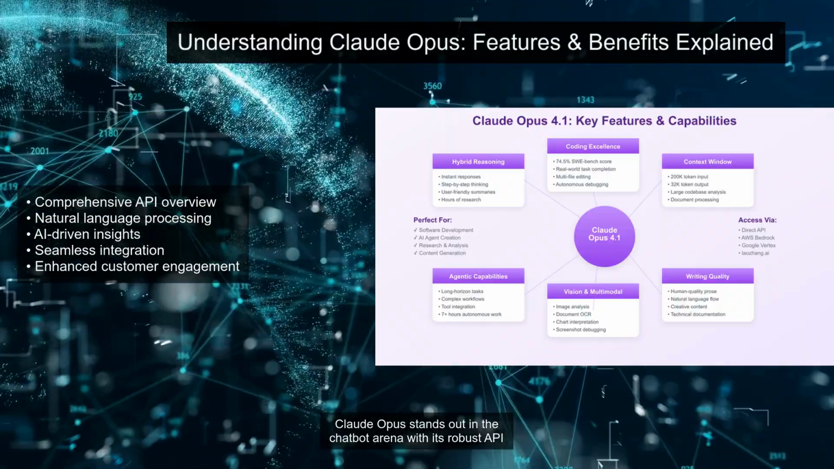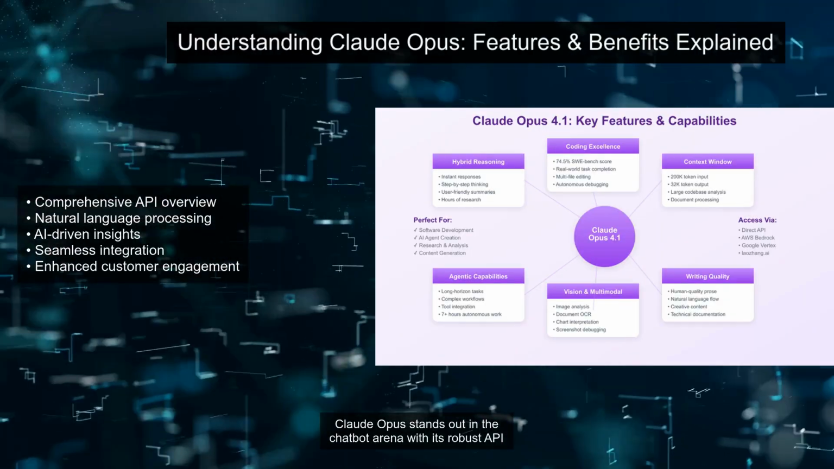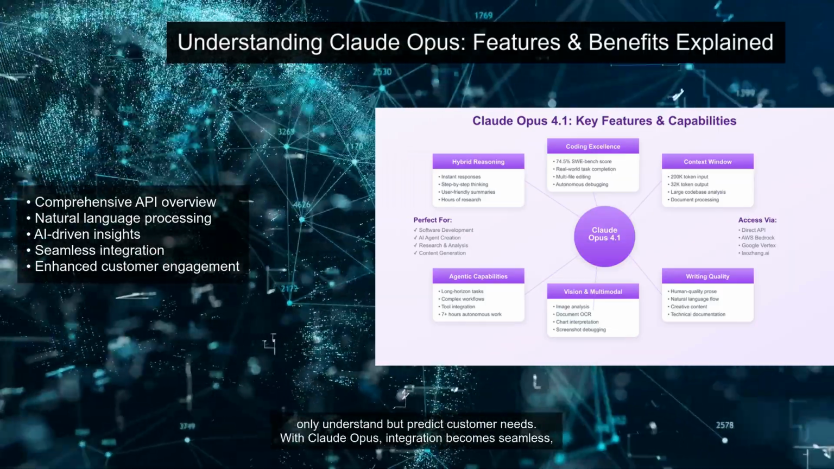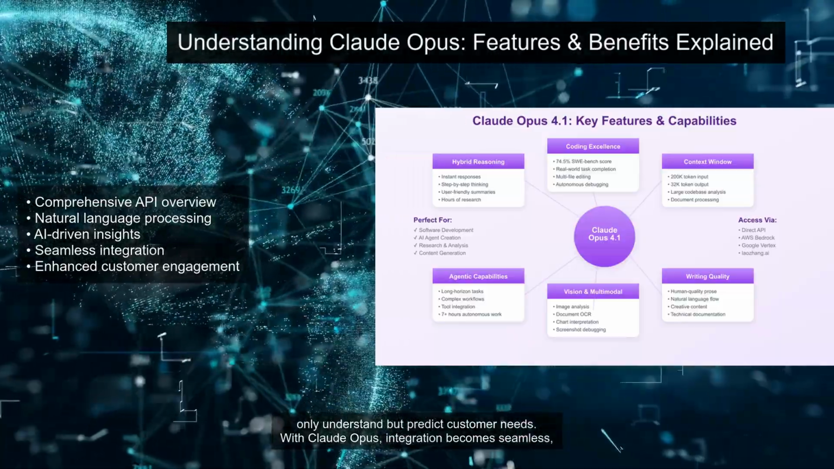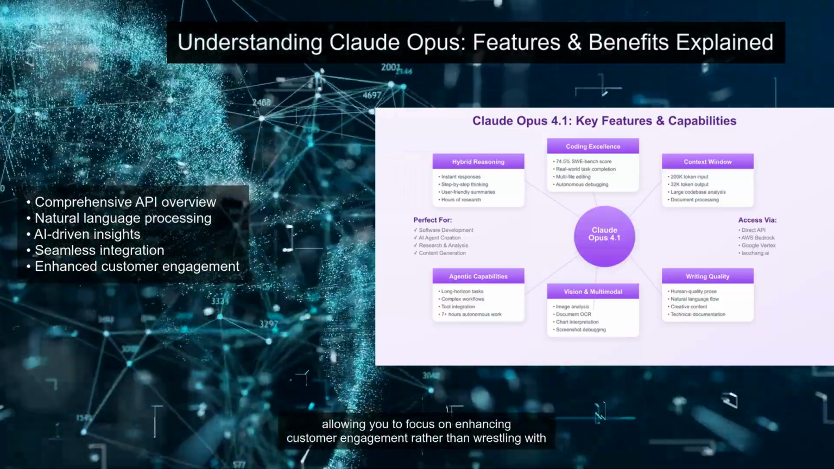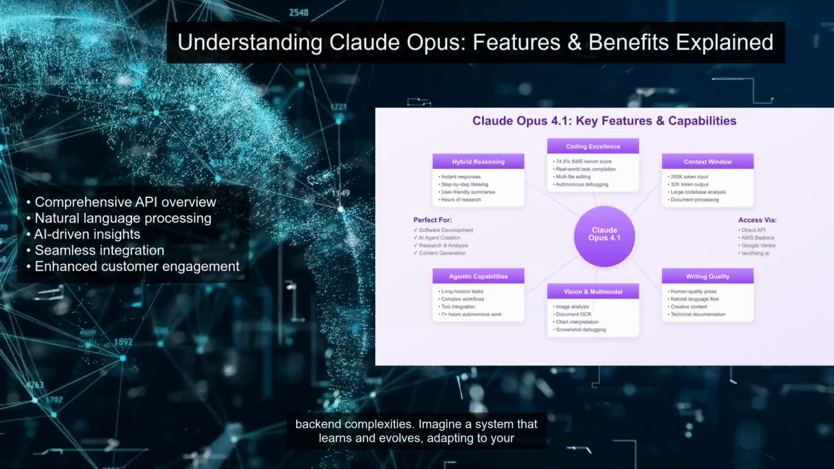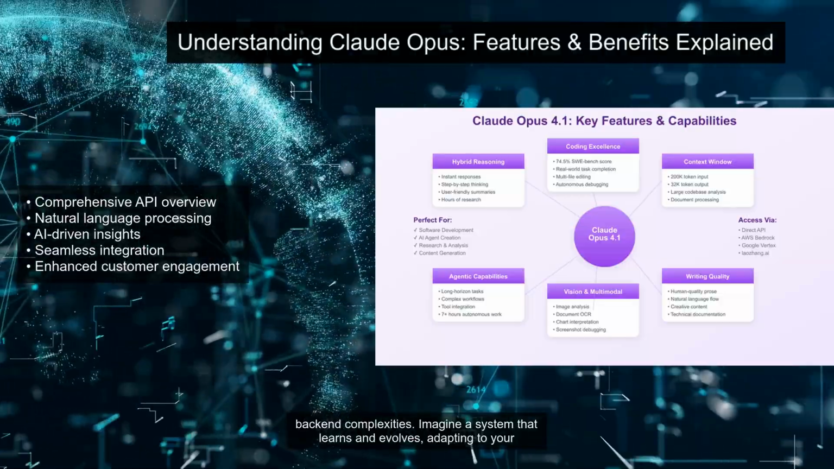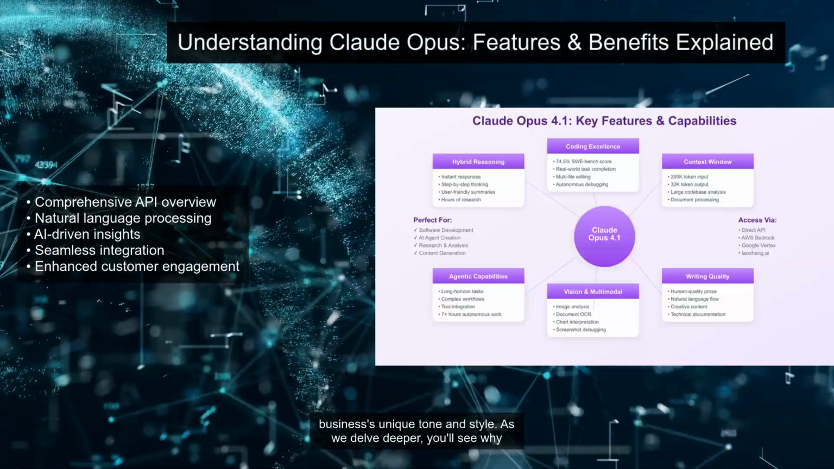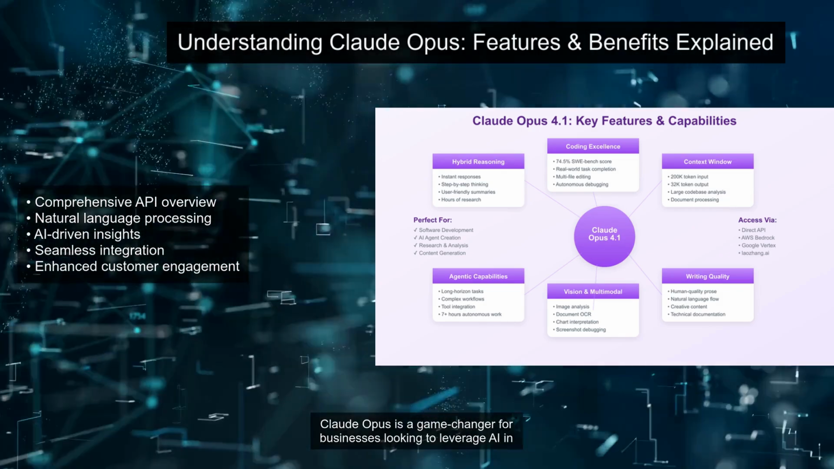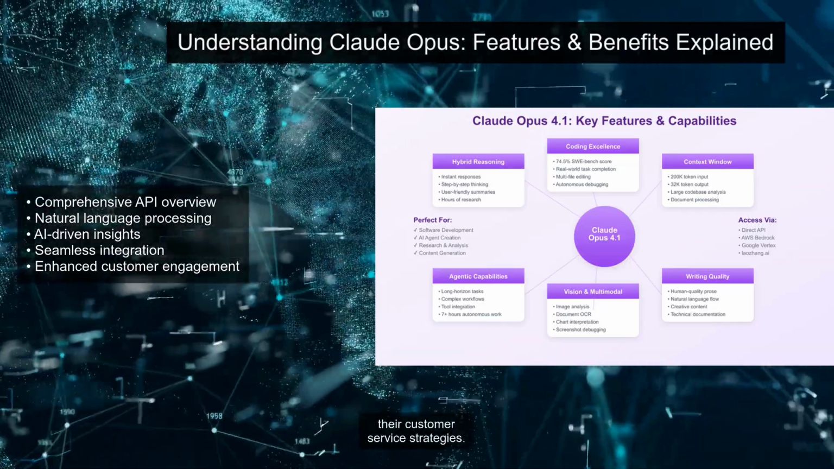Claude Opus stands out in the chatbot arena with its robust API and advanced natural language processing capabilities. It offers AI-driven insights that not only understand but predict customer needs. With Claude Opus, integration becomes seamless, allowing you to focus on enhancing customer engagement rather than wrestling with back-end complexities. Imagine a system that learns and evolves, adapting to your business's unique tone and style. As we delve deeper, you'll see why Claude Opus is a game changer for businesses looking to leverage AI in